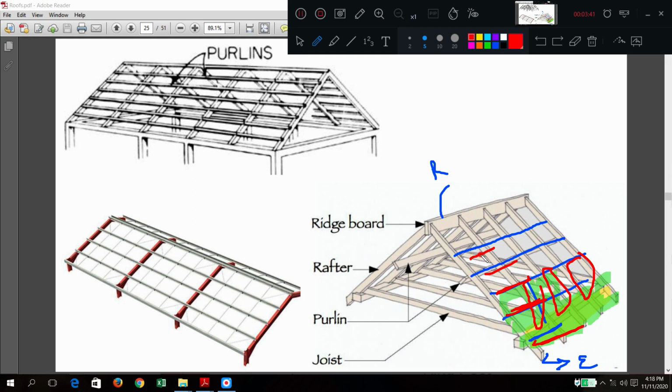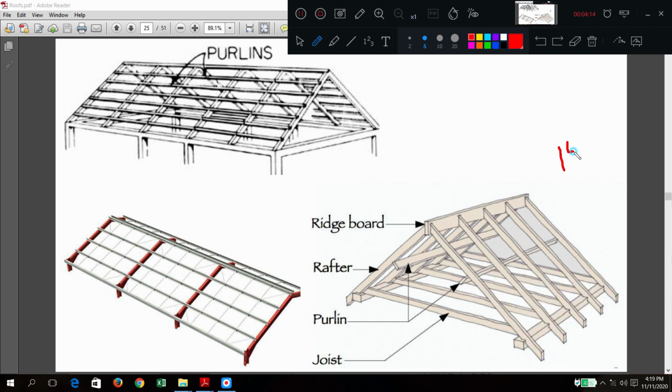All the sheets are fixed to the battens or purlins using J hooks. So that is the procedure for laying the AC sheets. Minimum end lap and side lap is 15 centimeters.